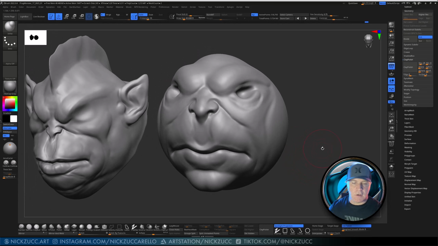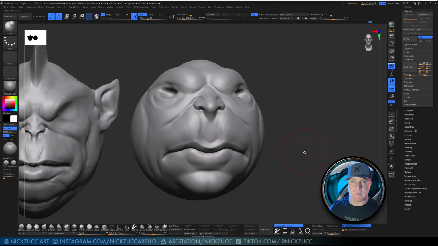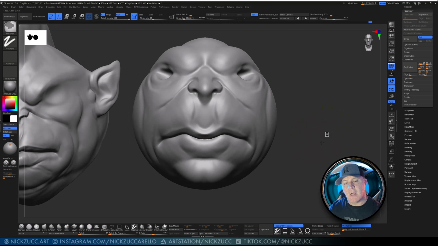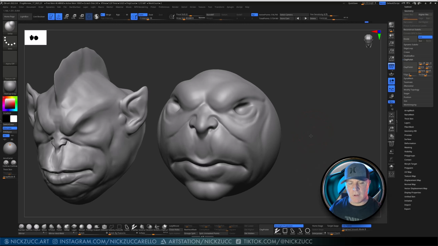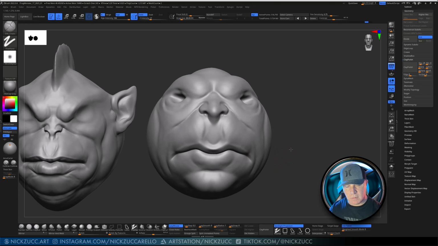Now, depending on your resolution, if you go to remesh like this, it might become a whole lot rougher again, and that's just because of the resolution that you're working with Dynamesh. So I might be mindful of that. So I'm just going to hold off on remeshing for a little bit for that. And then I'm going to just do just a little bit more